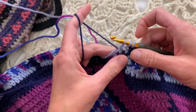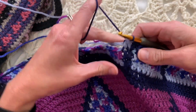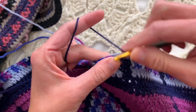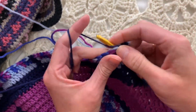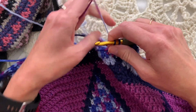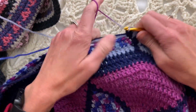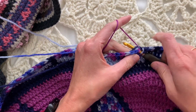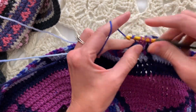So I am going to yarn over and pull through all the loops on the hook with the navy. Then I will navy in the same spot that has already been used. So navy double crochet here, 1, navy double crochet here, but changing color to the multi, drop the navy, pick up the multi, pull through with the multi, make sure my tension is correct, and now we are at 12 multicolored double crochets. 1, 2,